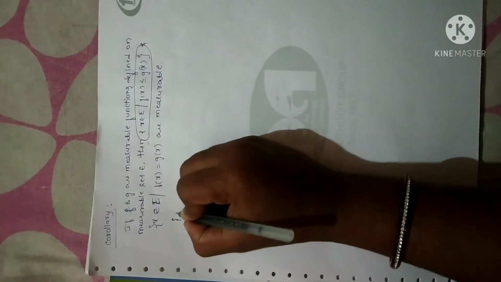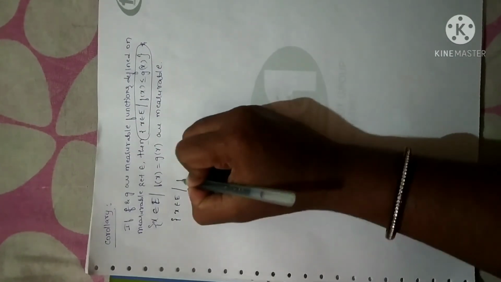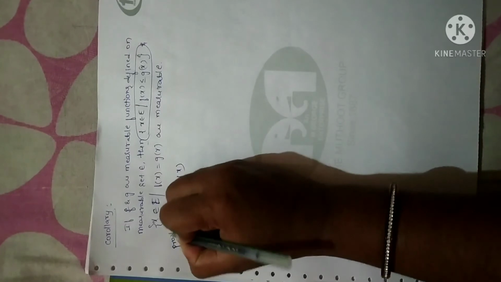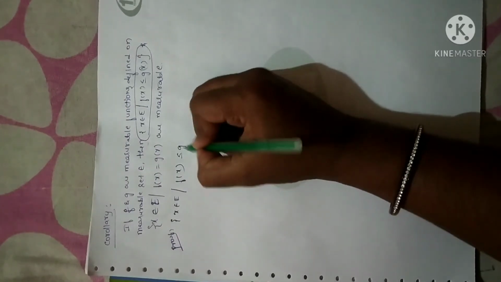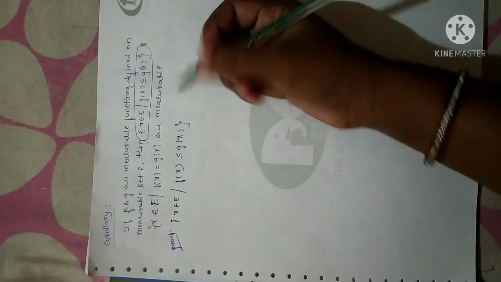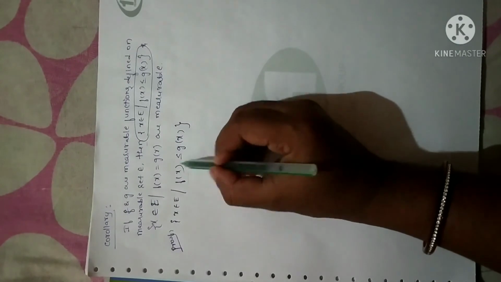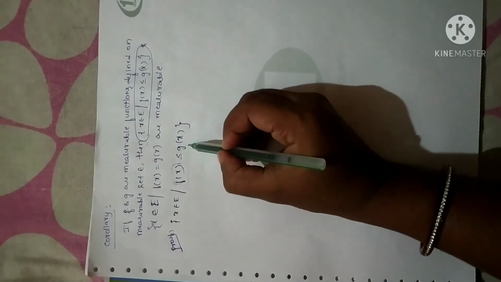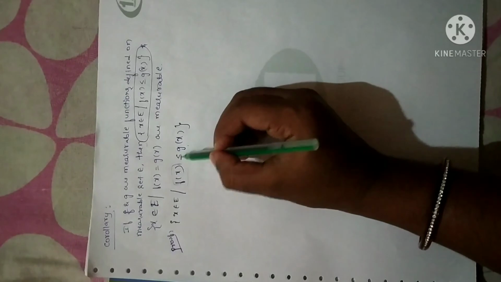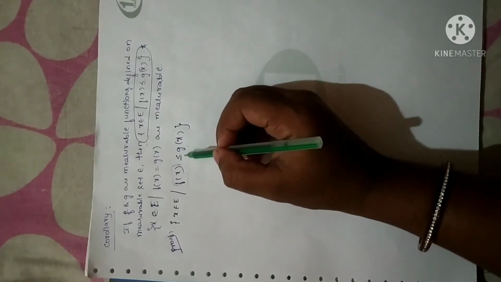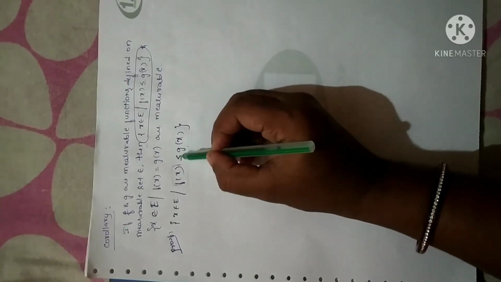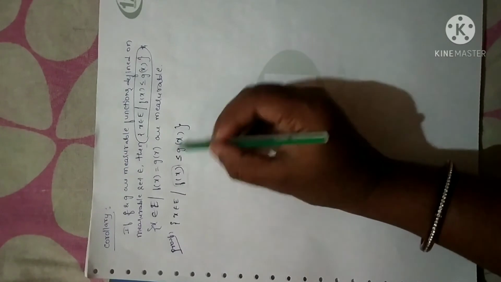So let me consider the statement: the set of x belongs to E such that f of x is less than or equal to g of x. Now the meaning of this statement is that f of x will always be less than g of x. In the sense, in certain cases it may be equal, but it is always less than. Fine. However, whatever may be the value of g of x, f of x is less than g of x,